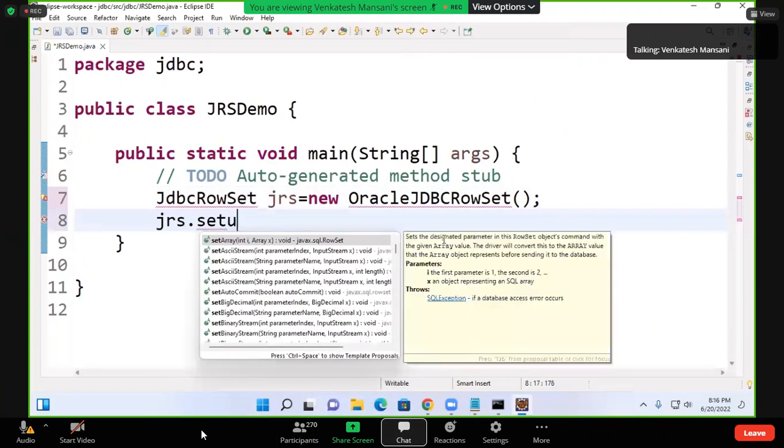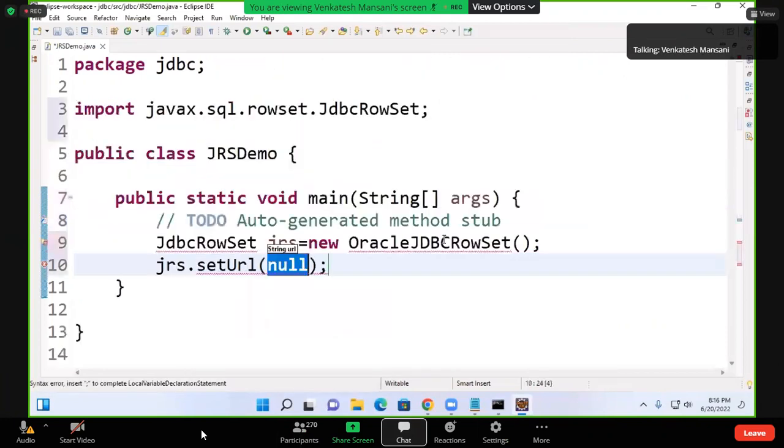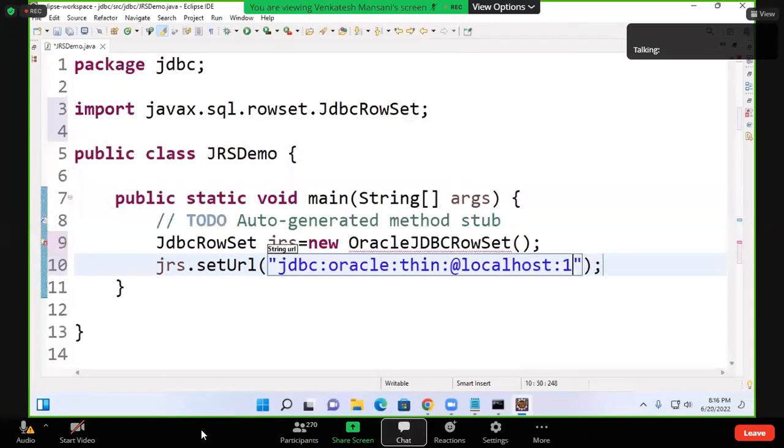JRS.setUrl. The URL you have to set. Now, what is the URL? JDBC colon Oracle colon thin colon at localhost colon 1521 colon XE. Now, in the first line only,